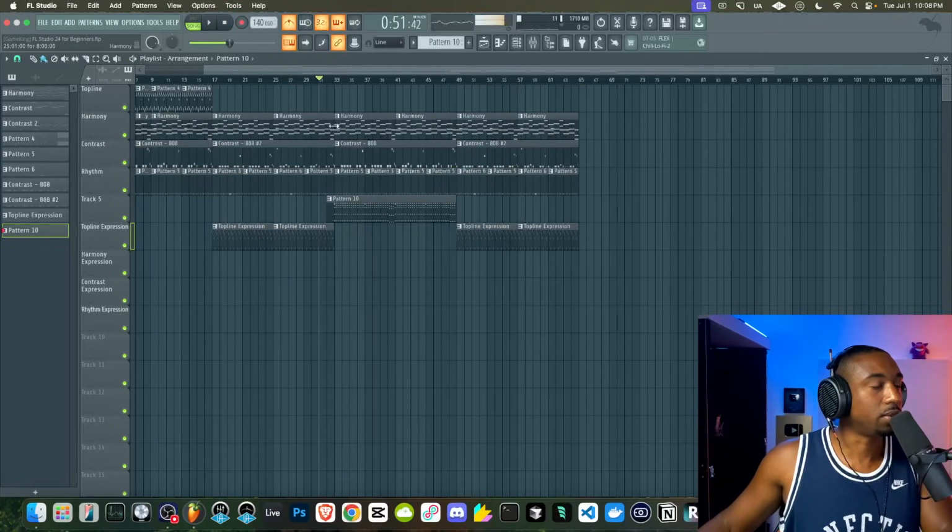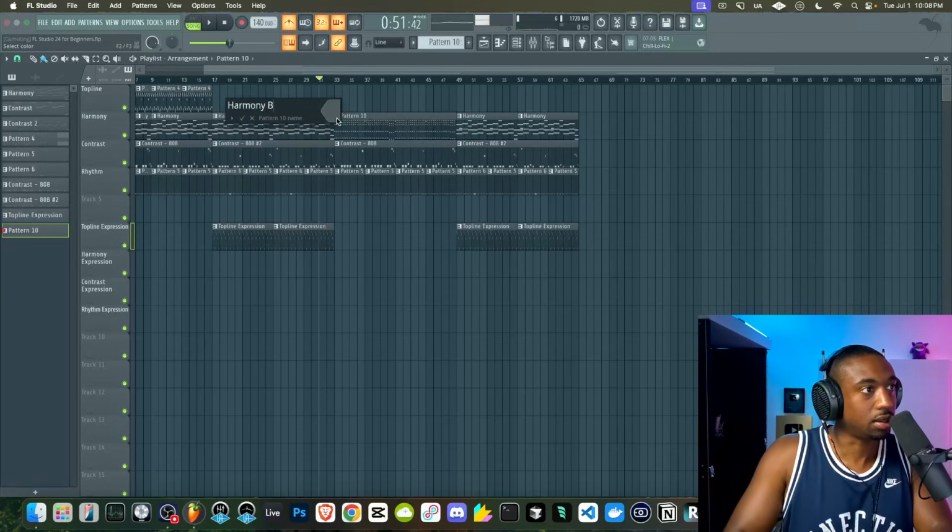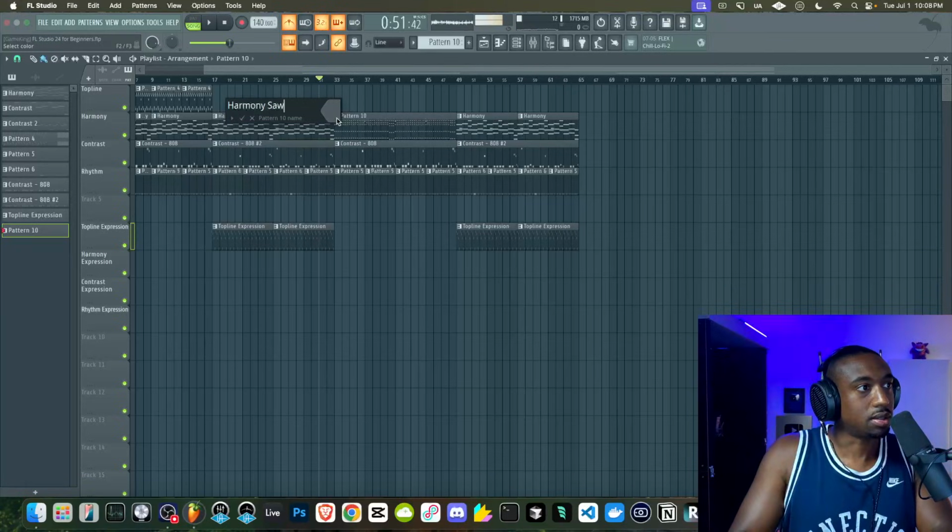In this case, let's get rid of the harmony because now we're trying to stack harmony. And this is why I said, when you think of it like puzzle pieces, making your arrangement becomes easier. So let's call this saw.